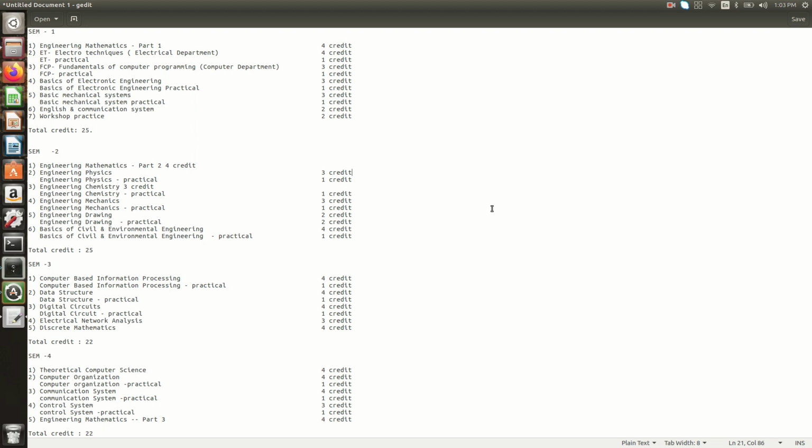First year it is common, but from third semester or second year onwards, the subjects are pertaining to computer science, that is computer engineering in SVNIT. It's not computer science there, it's computer engineering. So sem 1 we have engineering mathematics, 4 credits. First year sem 1 and sem 2 are very easy, and you can easily learn those subjects, or you know most of the things from your 11th and 12th only.